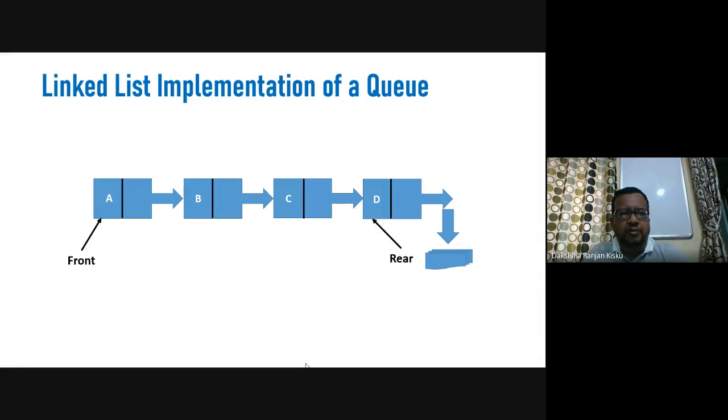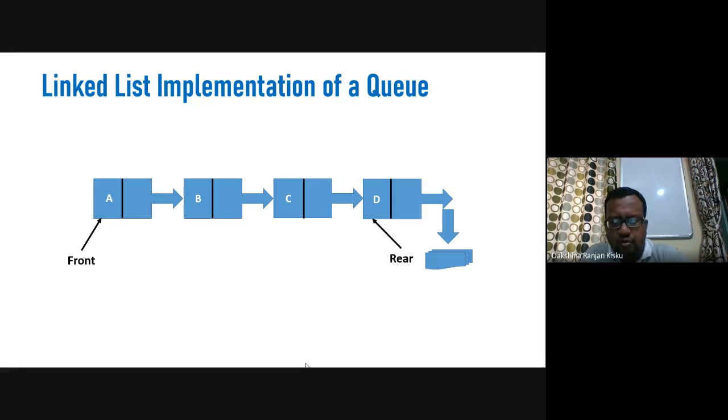Now we will be talking about the linked list implementation of a queue. As we know, in the linear linked list, the linear linked list is pointed to by the head pointer. That means the head pointer will point to the entire linked list by pointing to the first node of the linked list. So here, when we implement a queue using a linked list or single linked list,